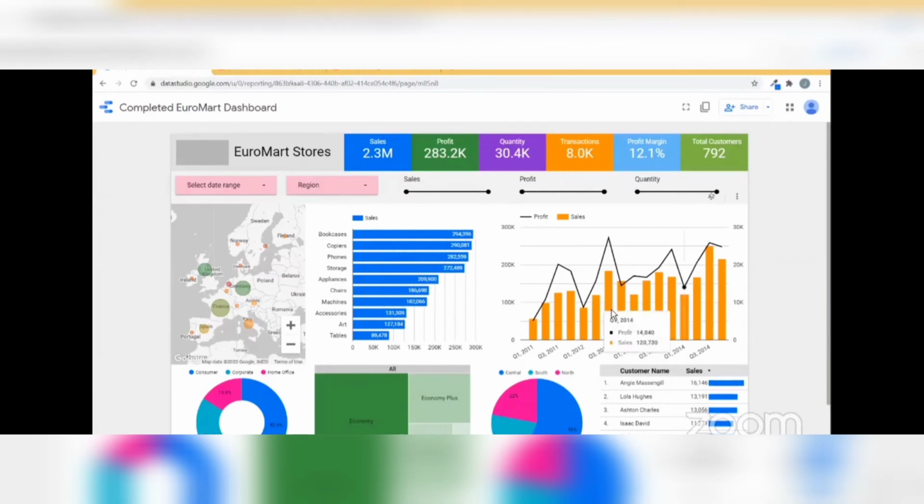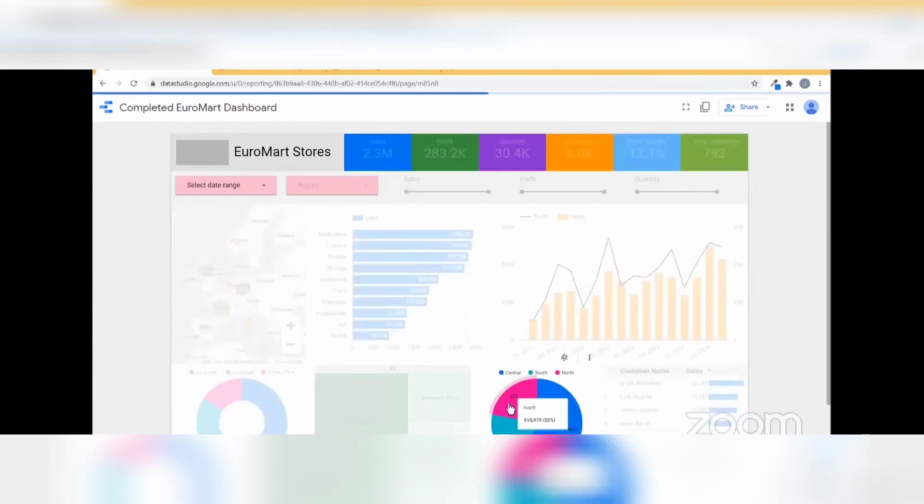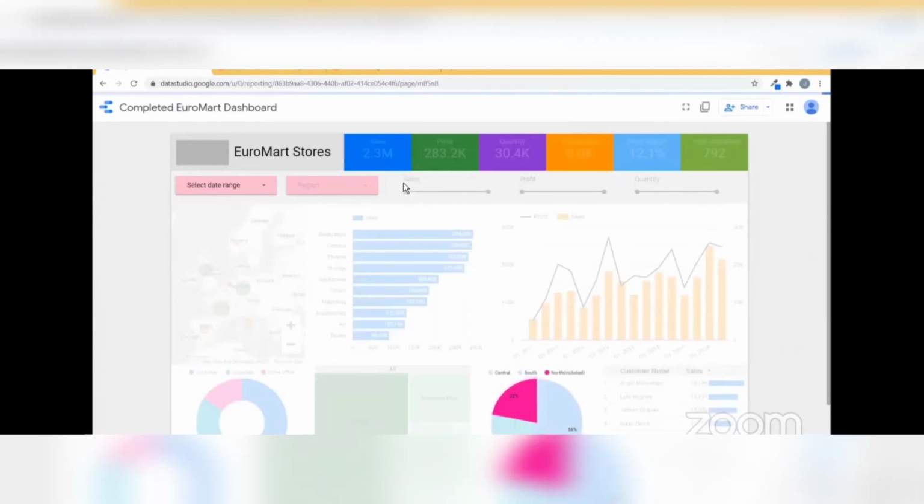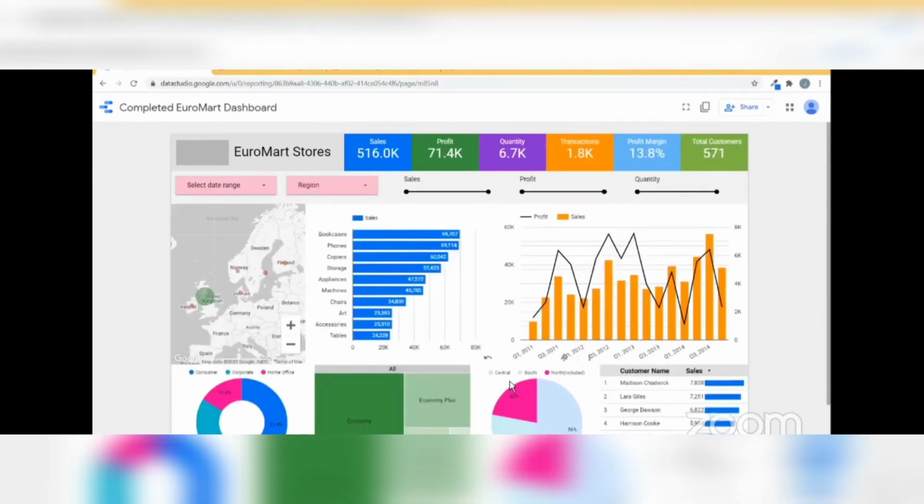For example, here I have a dashboard and here I have the different regions, central, south, and north. If I click on the central region, notice how my sales is 2.3 million. If I click on the central region here, for example, or let's say I click on the region of, let's go with north, wait for it. And now my data of sales is completely changed. It is only showing me for this particular region. So you can slice and dice your data using a dashboard. But something like this to make in Excel is completely, I would say, difficult and almost impossible.